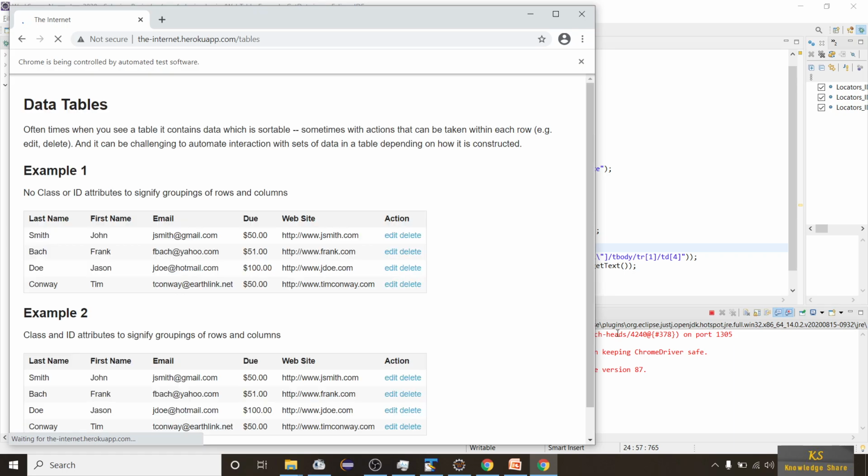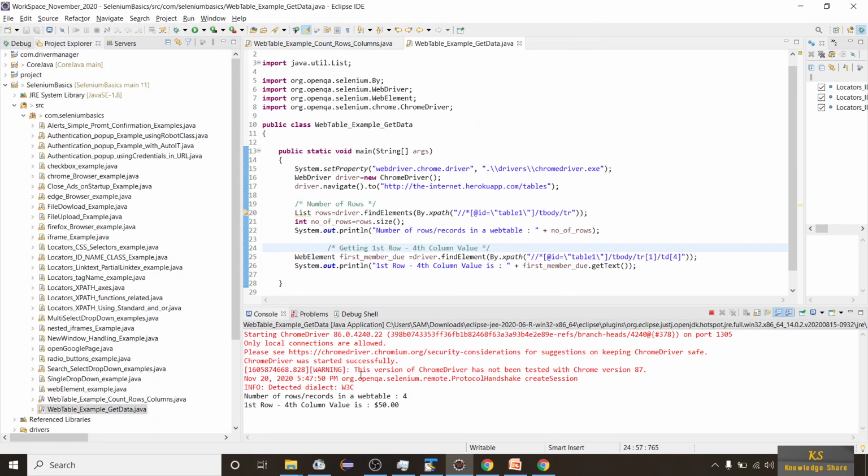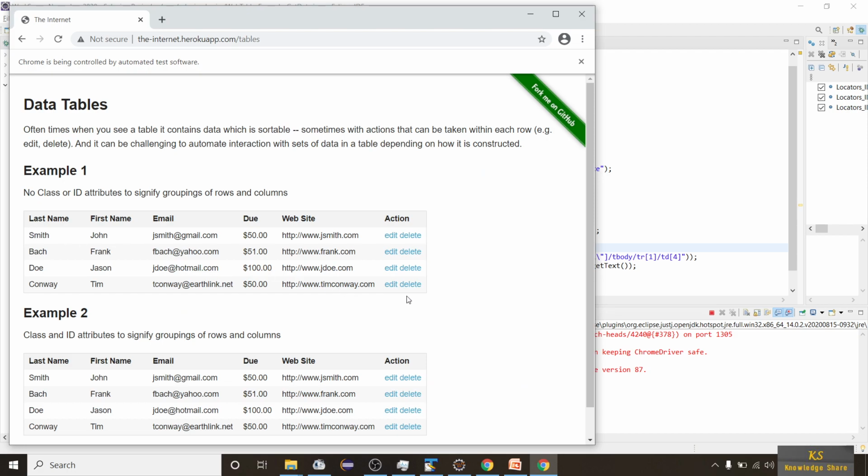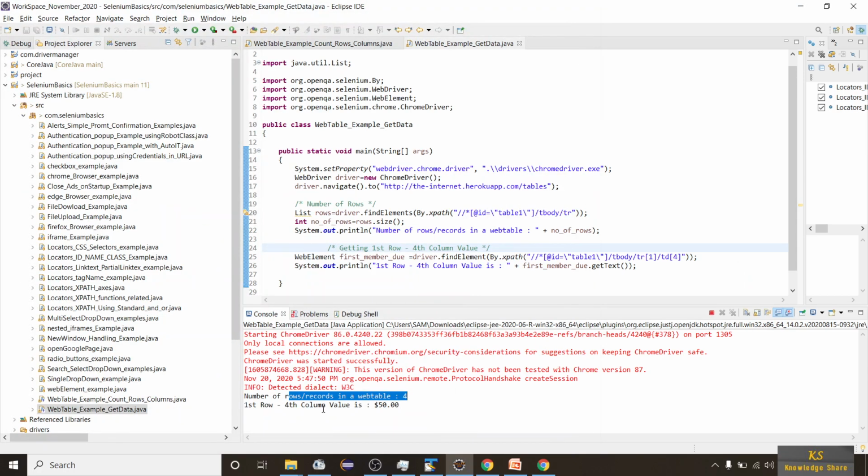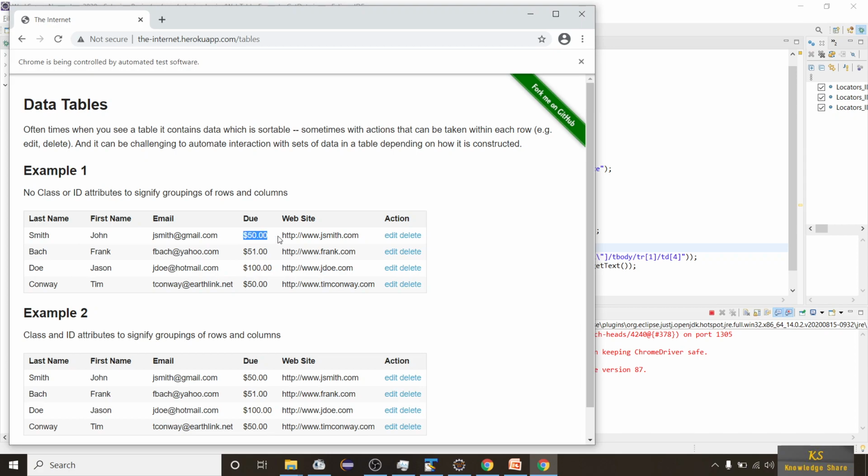Yes, you can see the number of records in a web table is 4. That means there are 4 records. You do not consider the header, the records are counted excluding the header. So it is 4 records, and the first row, fourth column value is $50. So this is $50, right?